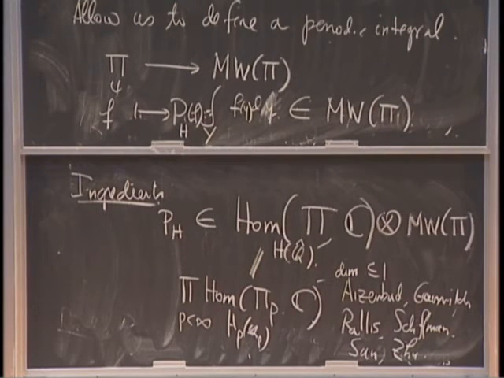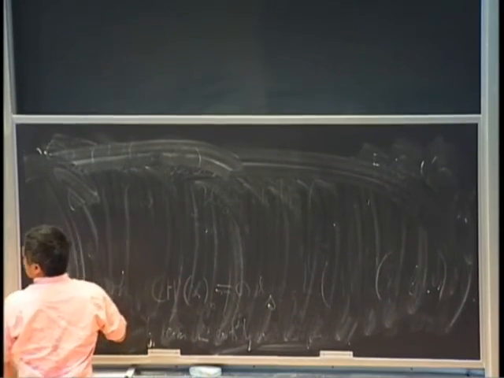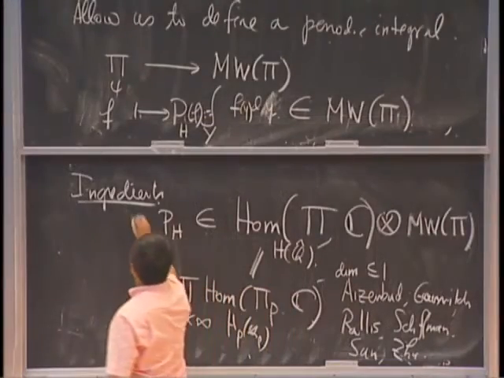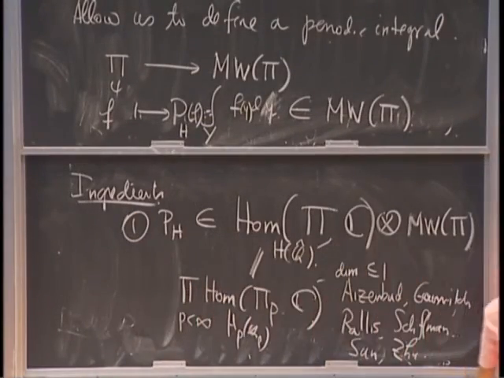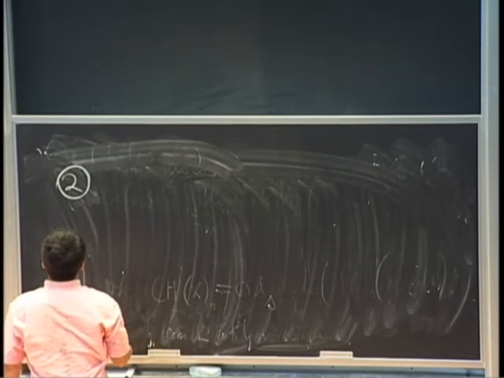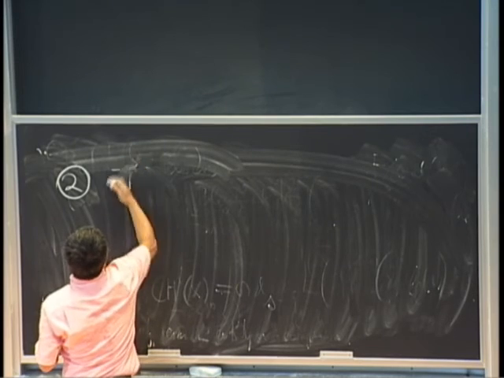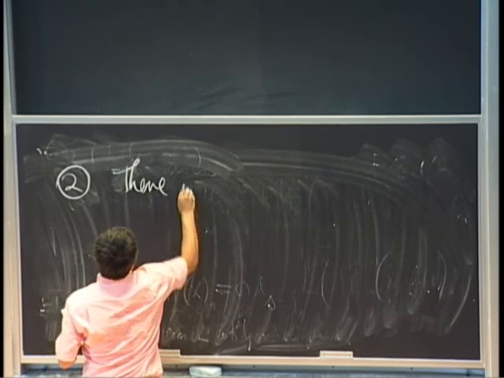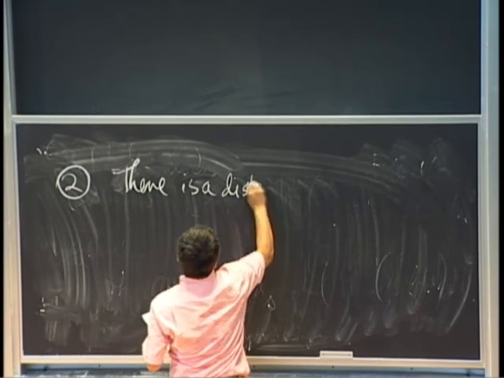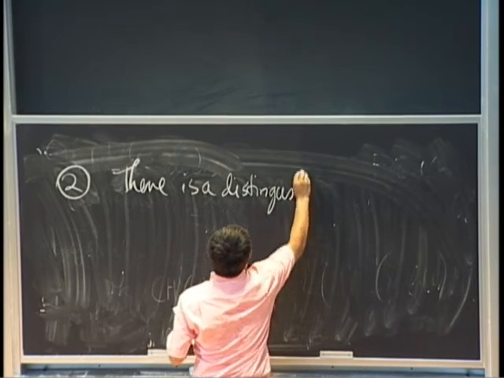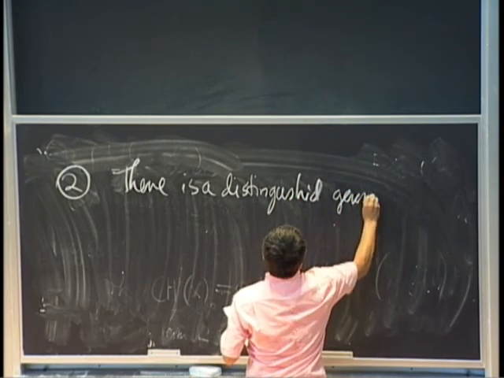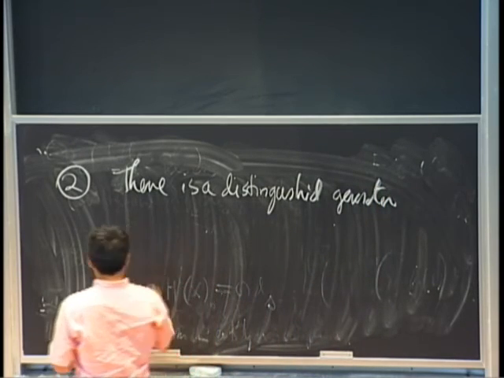The second ingredient is about finding a generator there. So there's the second ingredient. Second ingredient is, there is a distinguished generator of the two-space